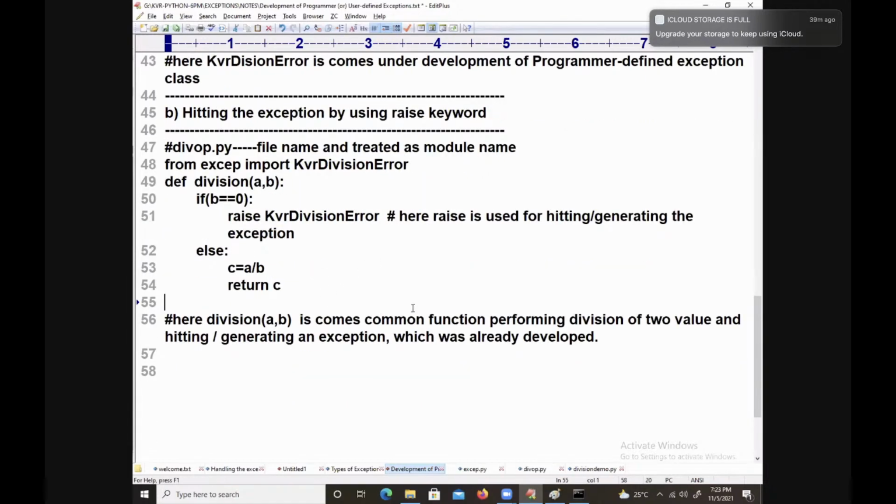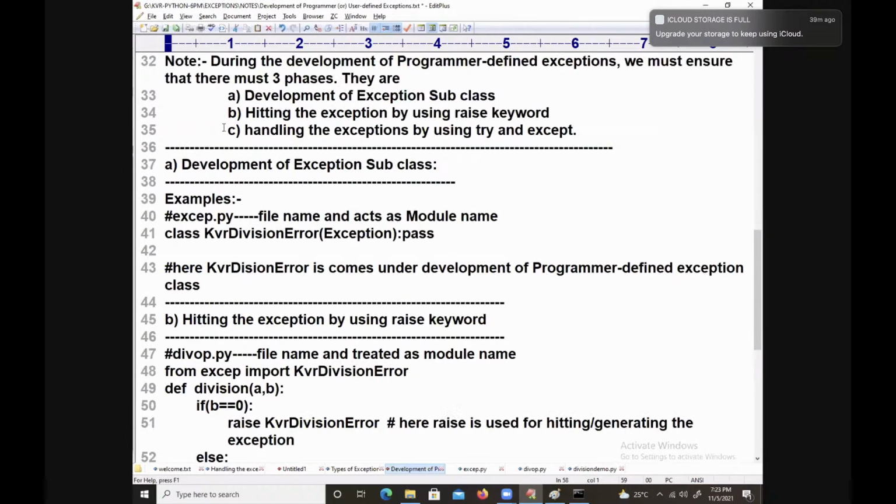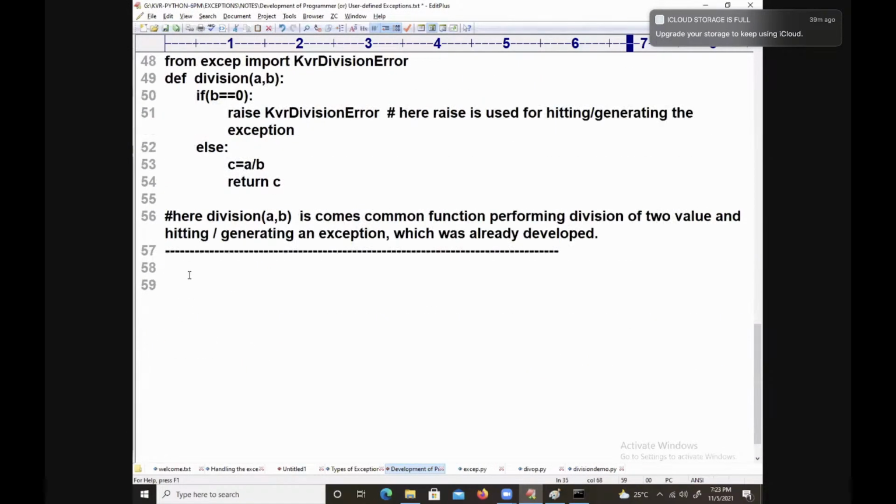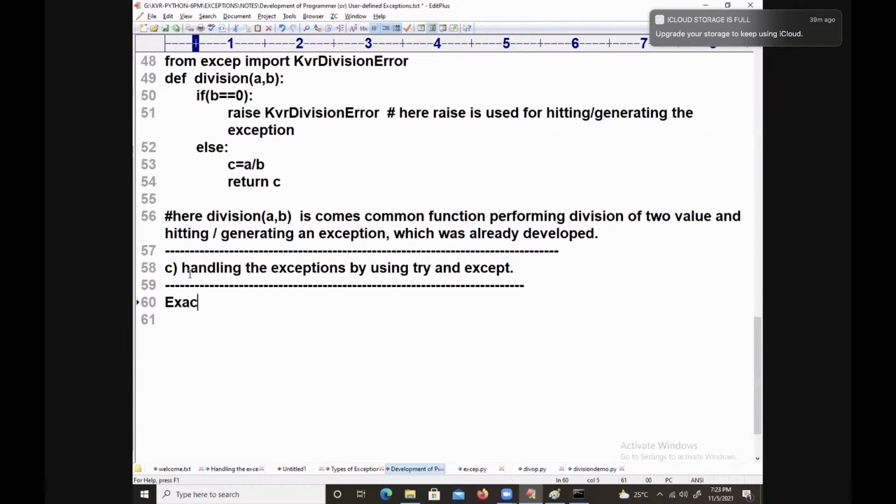See that keyword here, raise. One more thing: handling the exception by using try and except. That part also I will write. These are all called examples.